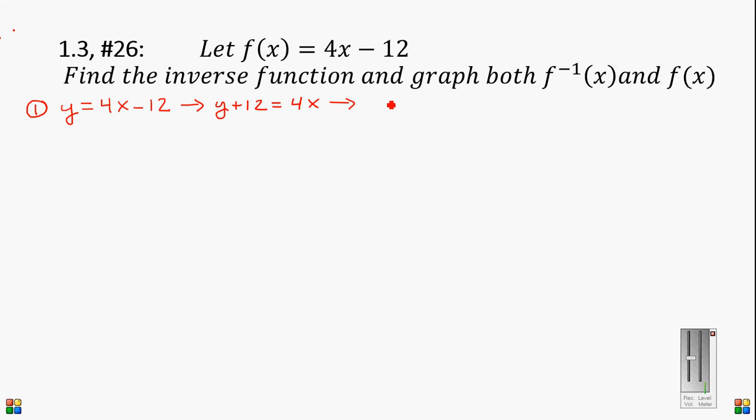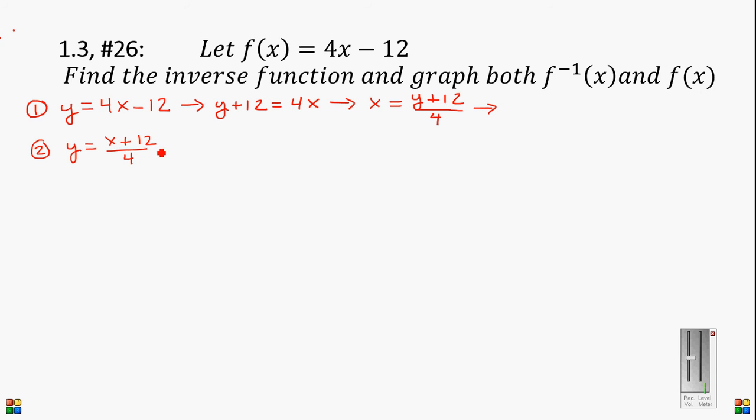I'll divide this by 4 on each side, and that's going to give me, let's see, I'll just do it the easy way. x equals y plus 12 over 4. I'm going to put the whole thing over 4. So that gives me my basic, but then the last thing I've got to do is switch x and y. And actually that's kind of step 2 here, is we solve for x, and then we swap x and y. So now we get y equals x plus 12